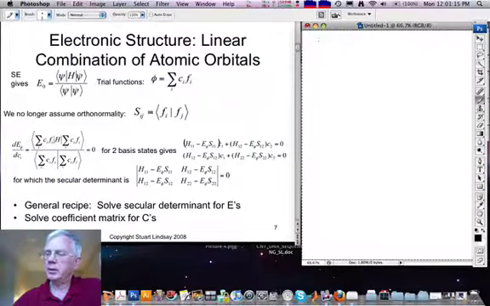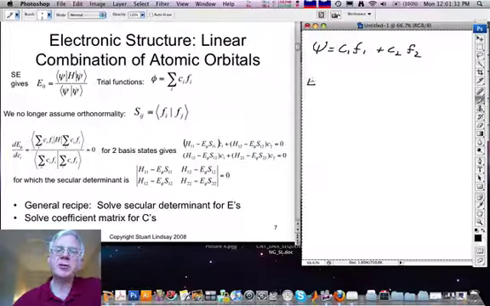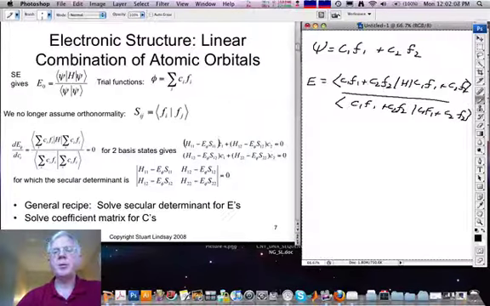So to keep things simple, we're just going to illustrate the case of an expansion of the molecular orbital in terms of two atomic orbitals. So we'll now place these into our expression for E. And then we will multiply out all the appropriate terms. So we'll operate with H on F1, F2, pull out the C's, and use the definitions we just introduced. When we do that, let's just take an example here. Let's operate with H on F1, and then from the left with F1, and we will end up with a term C1 squared